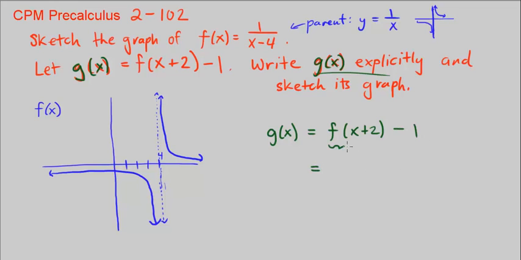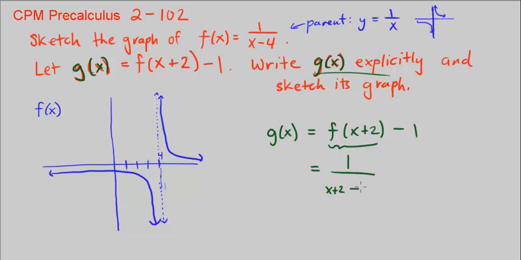What is f of x plus 2? We use f of x first, and wherever we see an x, we replace it, so instead of x, we have x plus 2. So we have 1 over the quantity x plus 2,